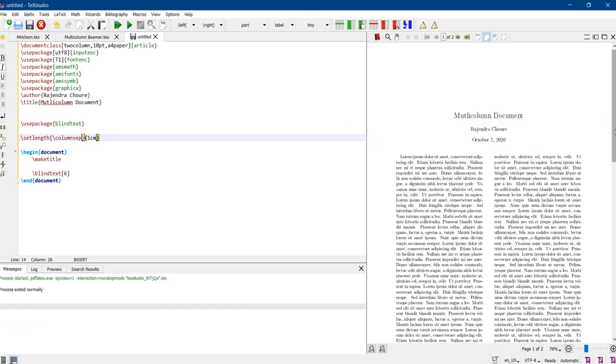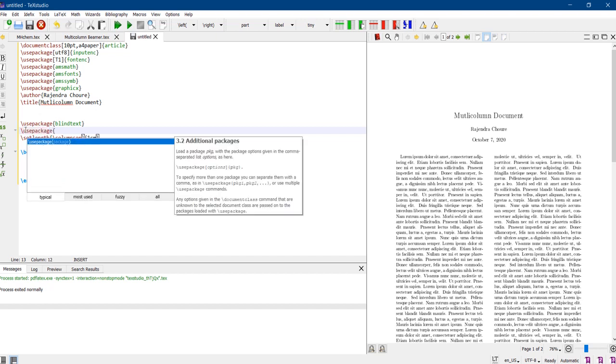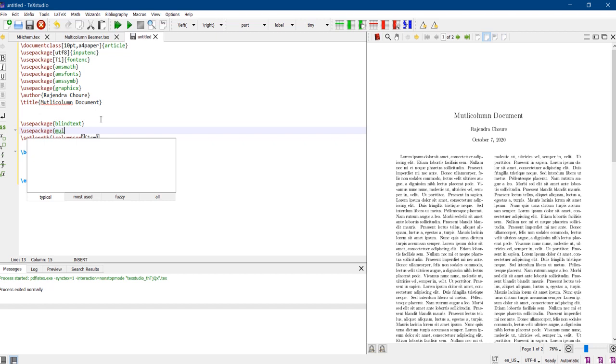But you can see here that whole document has two column structure. If we want first paragraph to be single column, second paragraph two column, third paragraph three column, or likewise we can have control over number of columns during the document, then we need to use another option, that is use package multicol. And to use that we will remove this two column option from document class, and here in preamble I will declare usepackage multicol, and spelling mistake, multicol.